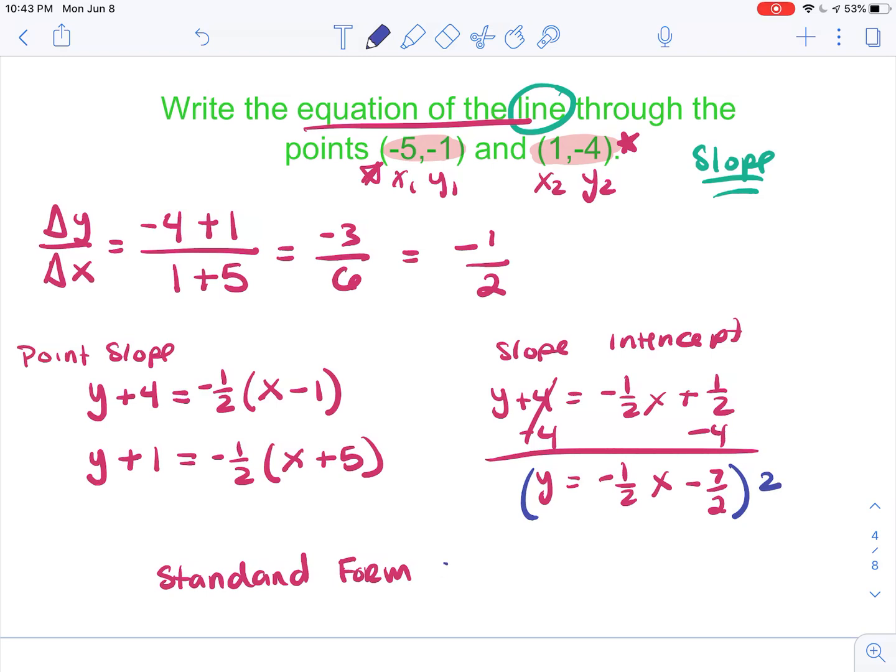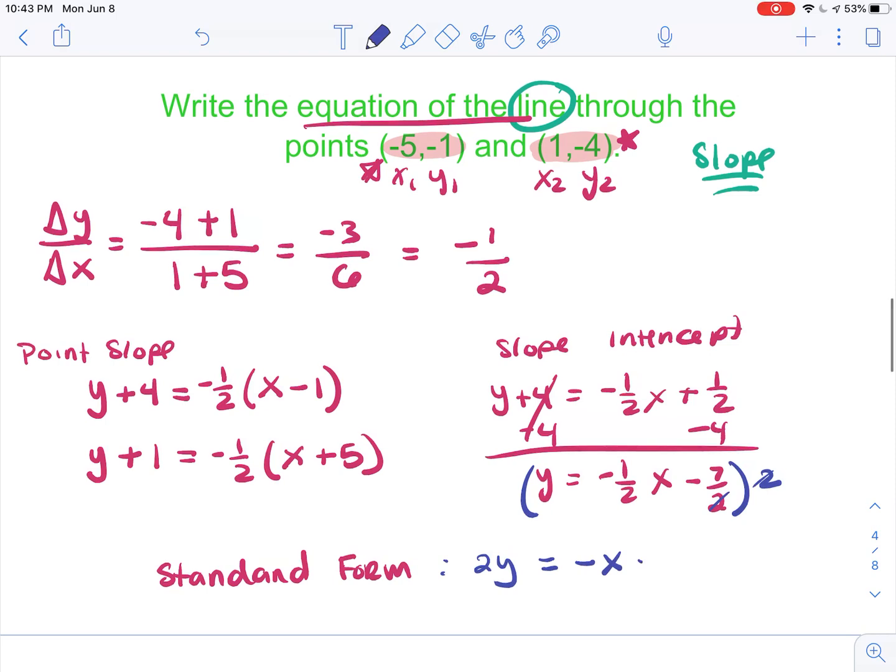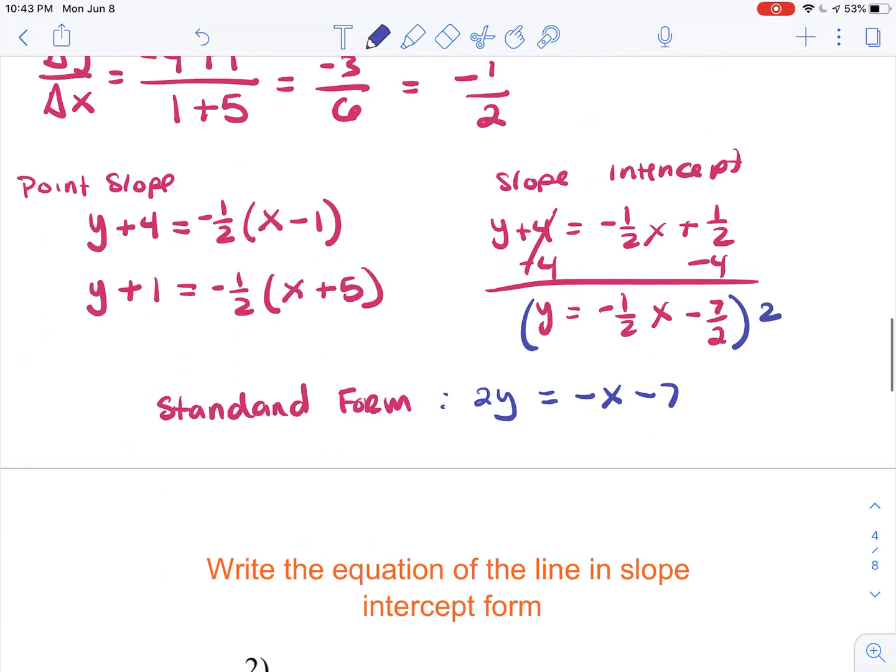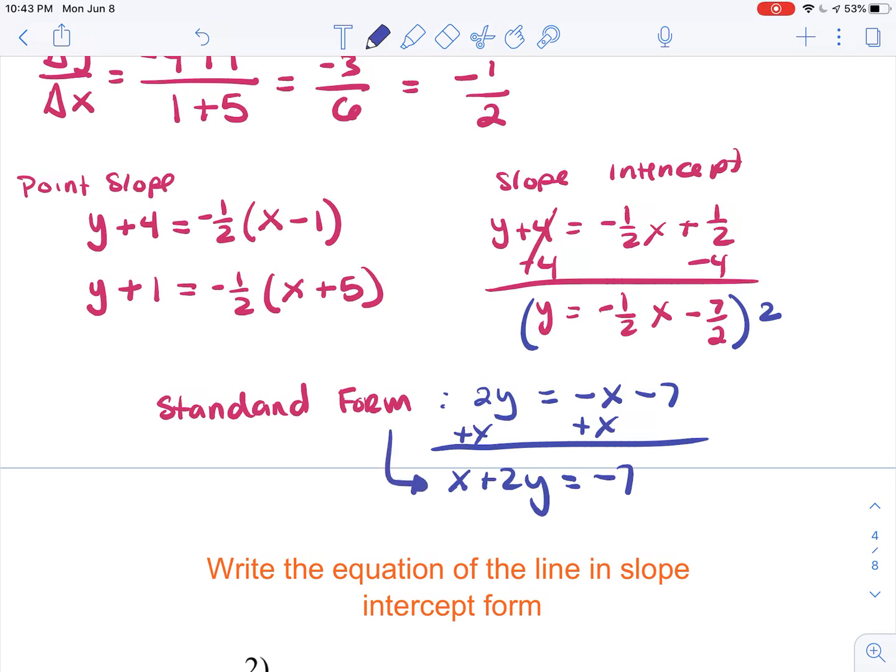So I have a denominator of 2 and 2 and 1, so I'm going to multiply everything by 2. So that becomes 2y is equal to negative. Now, for the first one, this 2 and this 2 cancel. So that becomes a minus 1x. And when I distribute to the second one, this 2 and this 2 cancel, and I get minus 7. Now, the only thing left for me to do is to move that x over to the other side by adding it. And I get x plus 2y is equal to negative 7, which would be the standard form